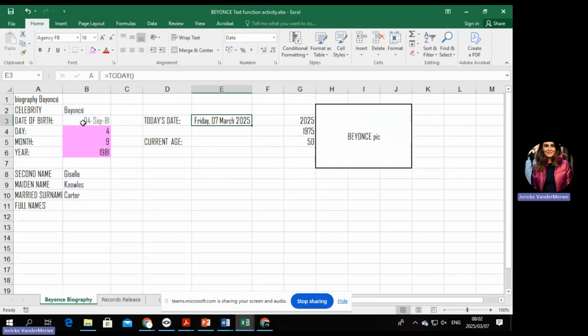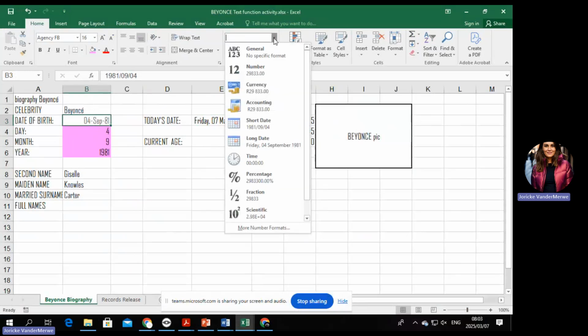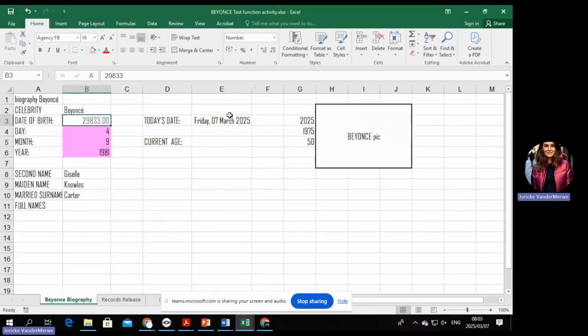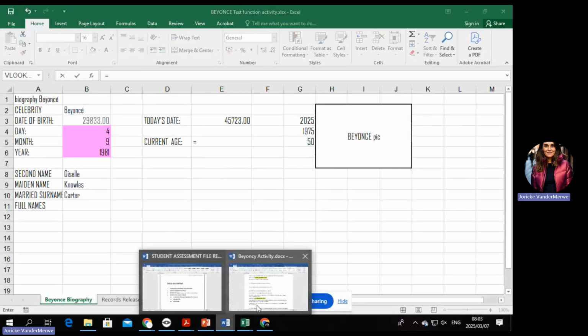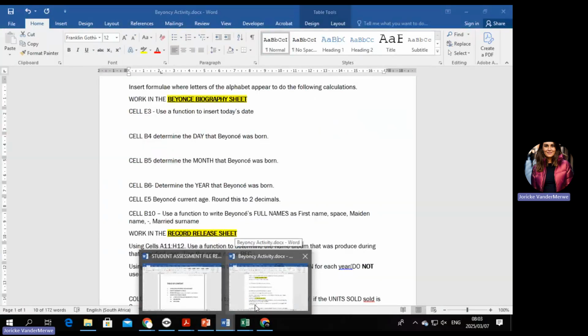But because this is not only years, it's a month and a day, it's going to work a little bit differently. The first thing that you need to do is change it to a number. Both of those must be changed to numbers. And then if it's a number, you can go on. Now it's important, if you look at the question there, it says you must round this to 2 decimals.